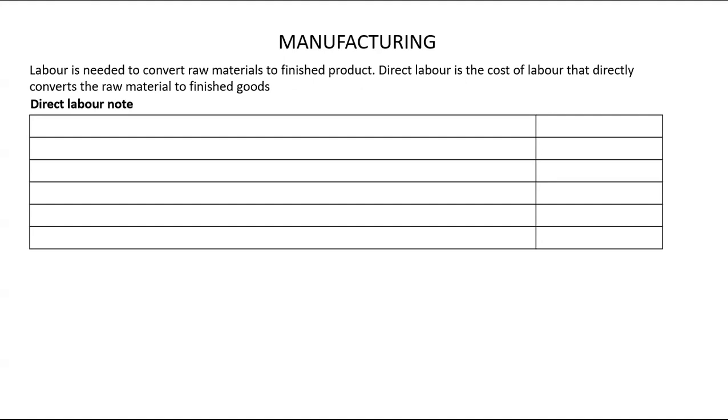And that is done by direct labor. Direct labor is basically people that are operating the machines that are cutting and molding the product or mixing, or can be whatever. And those are the actual people that are directly involved in converting the raw material to finished